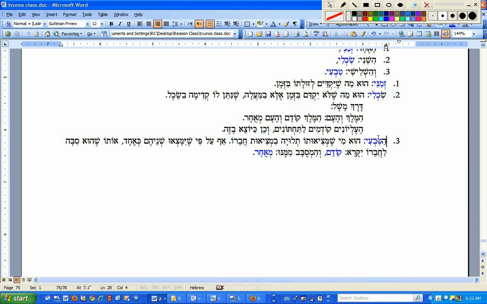The last one, there's certain priorities, physical priorities. Okay, what does that mean? Teva. We expect that if you're reading something, the order should follow the natural order of things. We're talking about something physical. Mi shemitziyaso talui b'mitziyas chavero. It's something whose reality depends upon something else. Afal pi shiyim